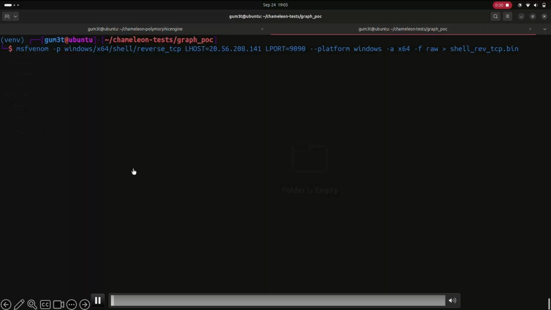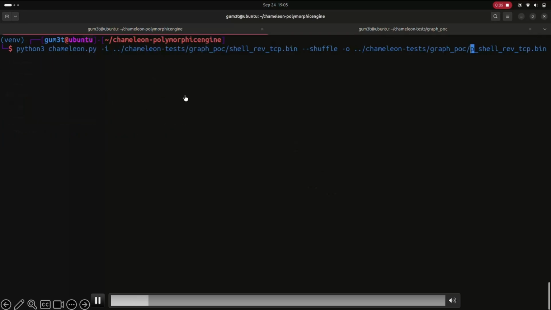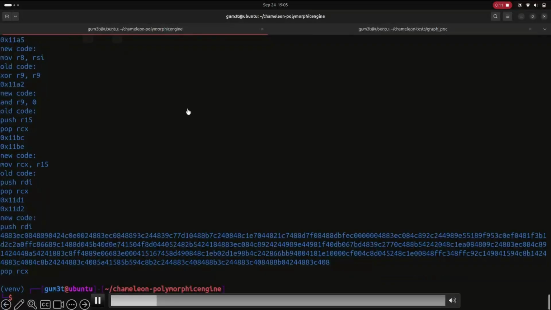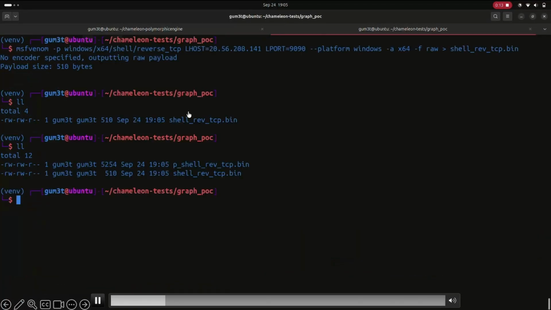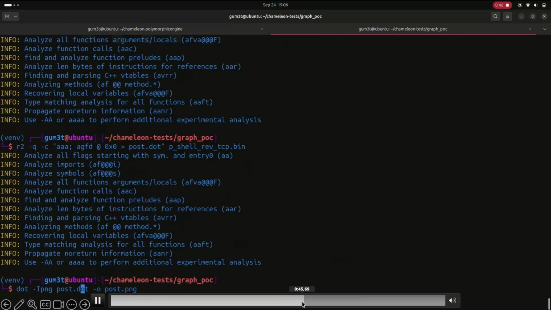Here you can see us generating a reverse TCP shell from Metasploit. And now we're going to polymorph it. Then we're going to see the changes of the entry point. We will compare the changes of the entry point. I'll skip a little bit here. I'm extracting some data